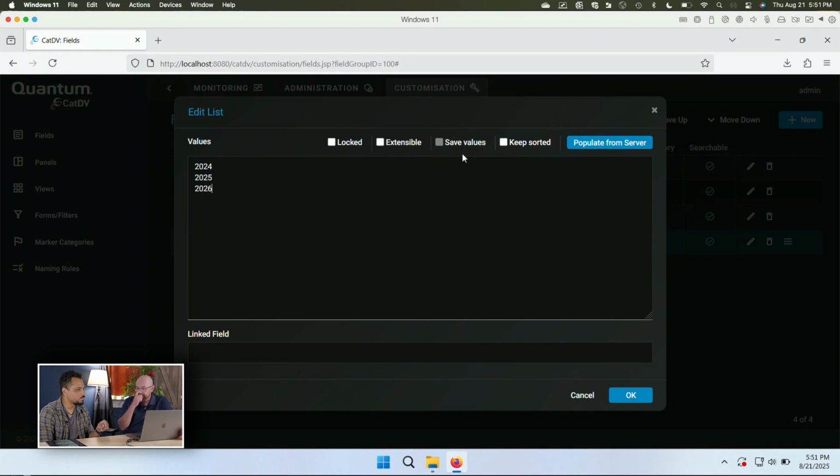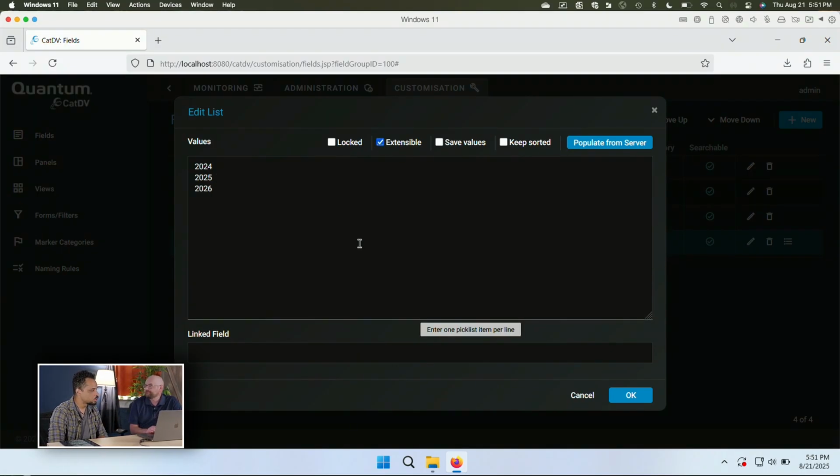So what if you didn't, so is it checked right now? Right now it's set up to where you would just choose one of these that is already available. But if I made it extensible, then you'd be able to just type in whatever you wanted. And then if you did not check save values, then it would only, so if I put in John Doe as a client, as a user, but I didn't have save values checked, then that means that when I went in to do that later, it would only apply to that one specific. Exactly. Interesting. That would be a saved value as an option for people.